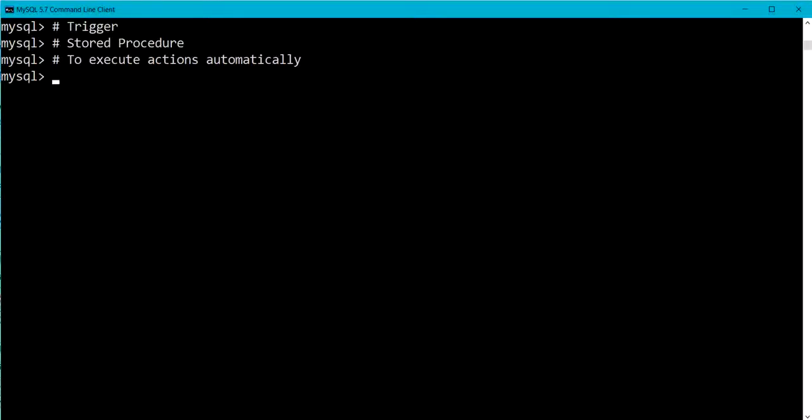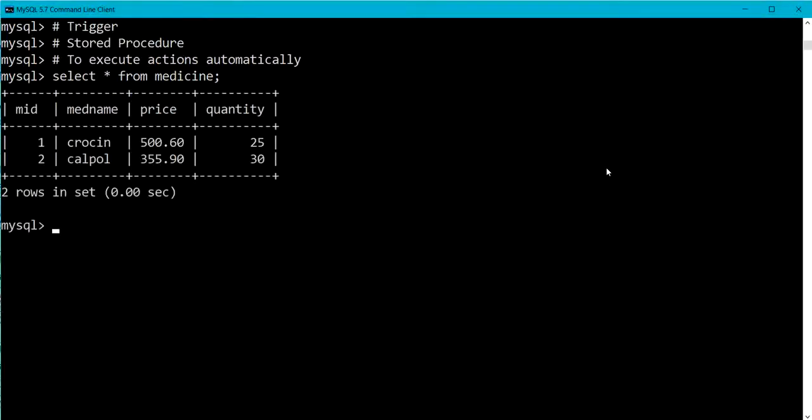Let me write a trigger for the following scenario. Here I am maintaining a database for storing information of the medicine. So let me show you the medicine table I have already created.